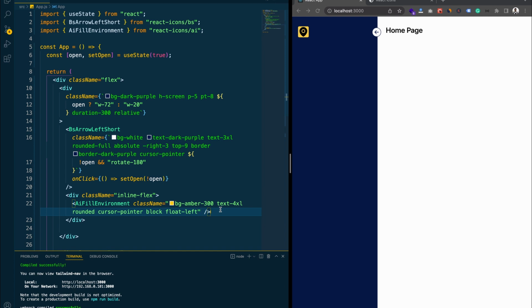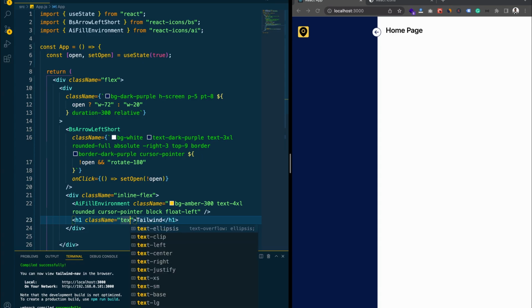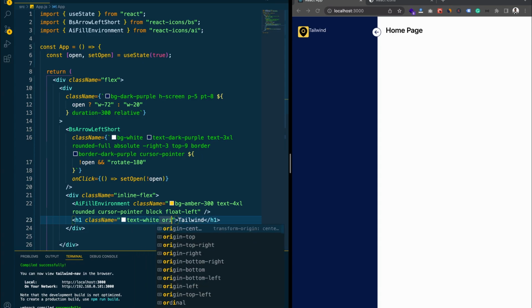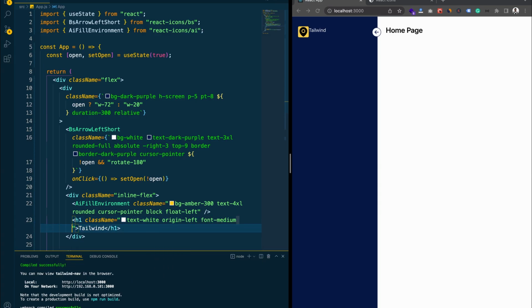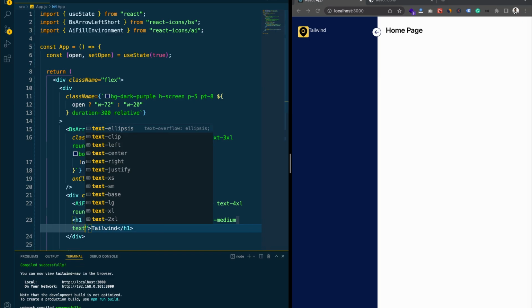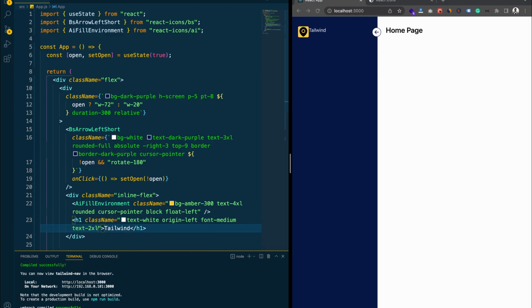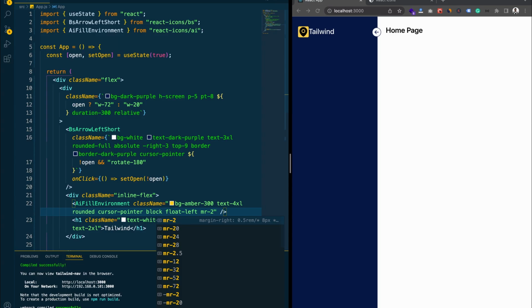Now beside this I will provide a text, Tailwind. For the color of it I will use white color. For font weight I will use font-medium. For the text size of it I will use this size. Now let's provide some spacing here, and that I can provide by providing margin right to the icon. Okay,